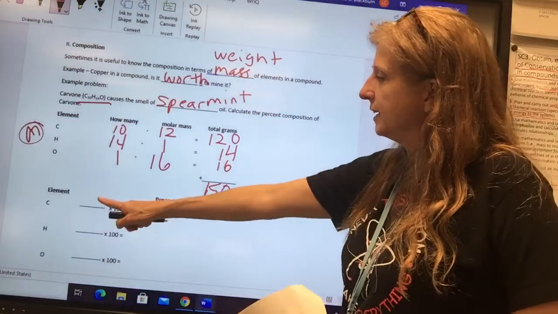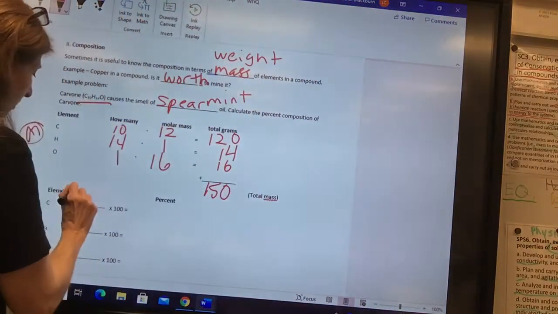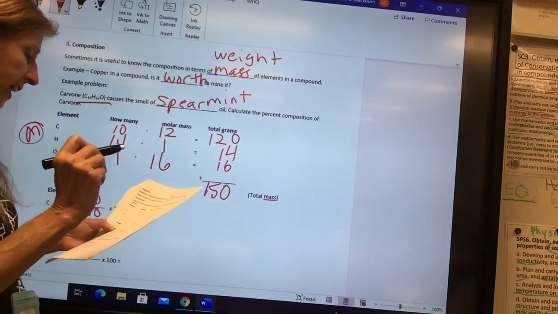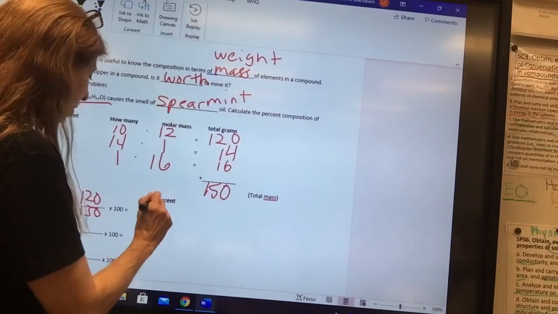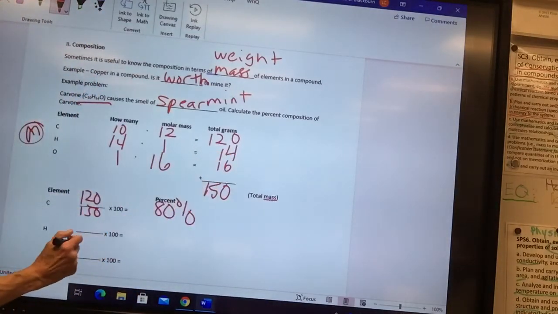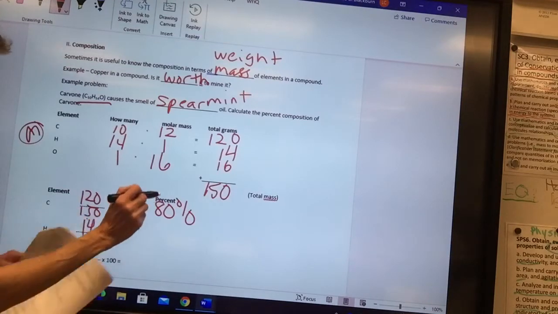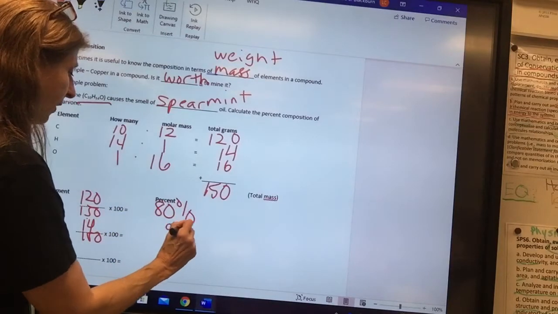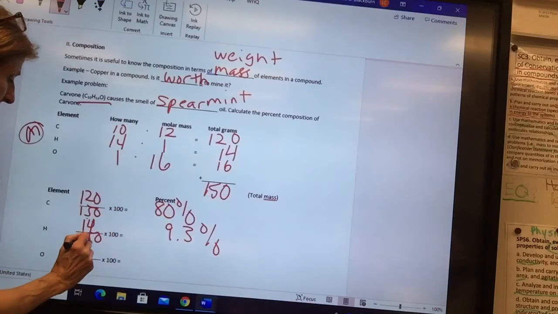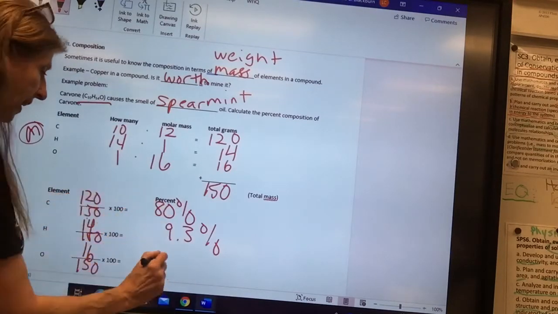So my first one is carbon, and it's 120. I write it right here. I divide it by the whole thing, 150, and I get the percent of carbon in this is 80%. I do the same thing with the hydrogen. It's 14 out of 150. I multiply it, and I get that it's 9.3%. And then I do it with the oxygen. It's 16 divided by 150. Multiply it out, and it's